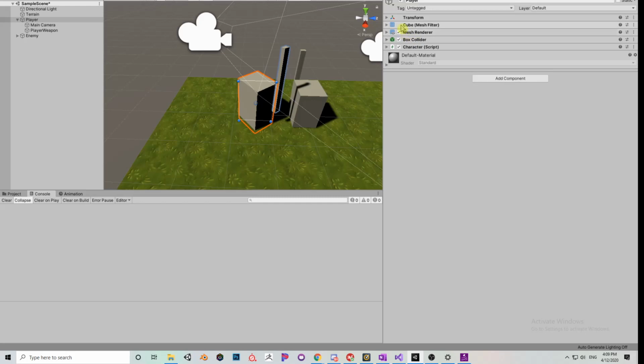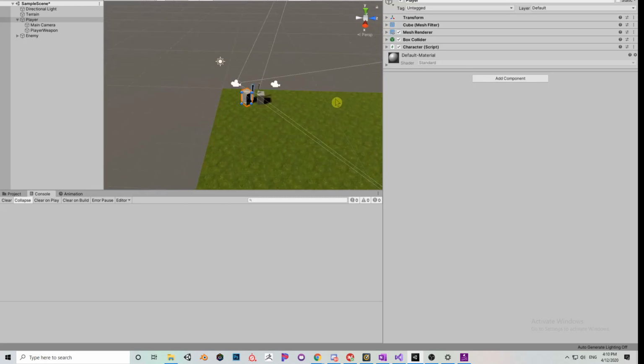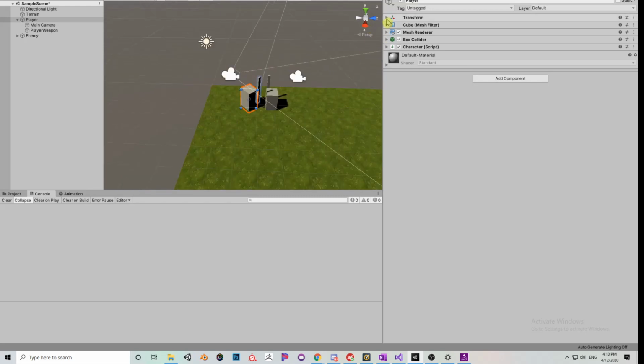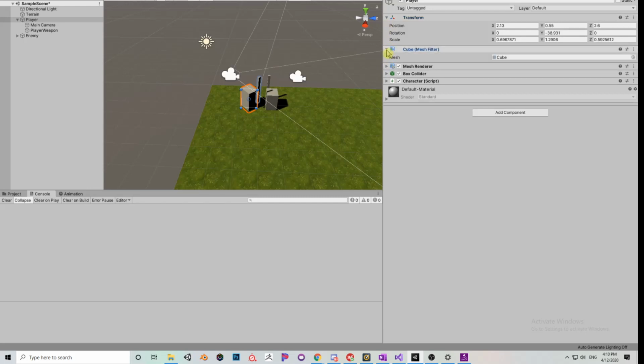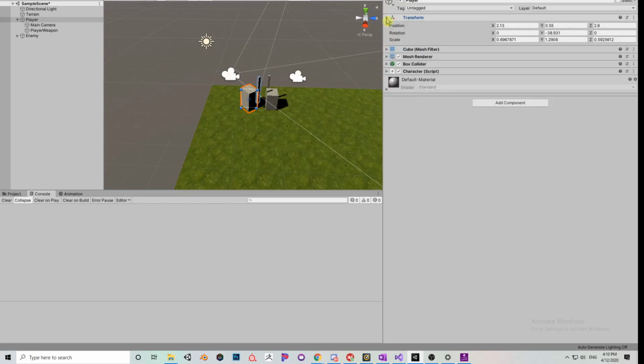So just to go over some of these, because they definitely confused me in the beginning. These are components. You can think of them, like I said, as properties of the object. So the player game object has a transform, it has a cube mesh filter, and what we can do through our scripting, basically all scripting is in this game engine, is writing scripts that modify the different components attached to our game object. So if I write a script that says,